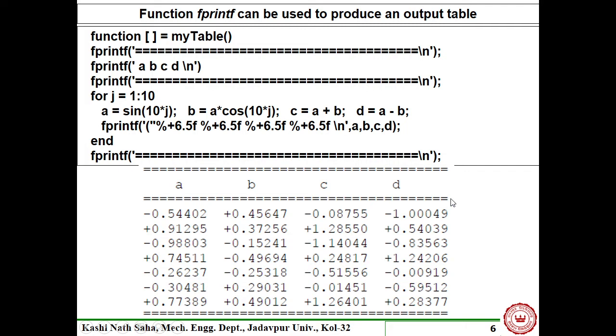After printing this thing in our open file, the marker position is here, and within a loop, we are printing A, B, C, and D. But here, these are not character strings now. What is A? A is %6.5f.